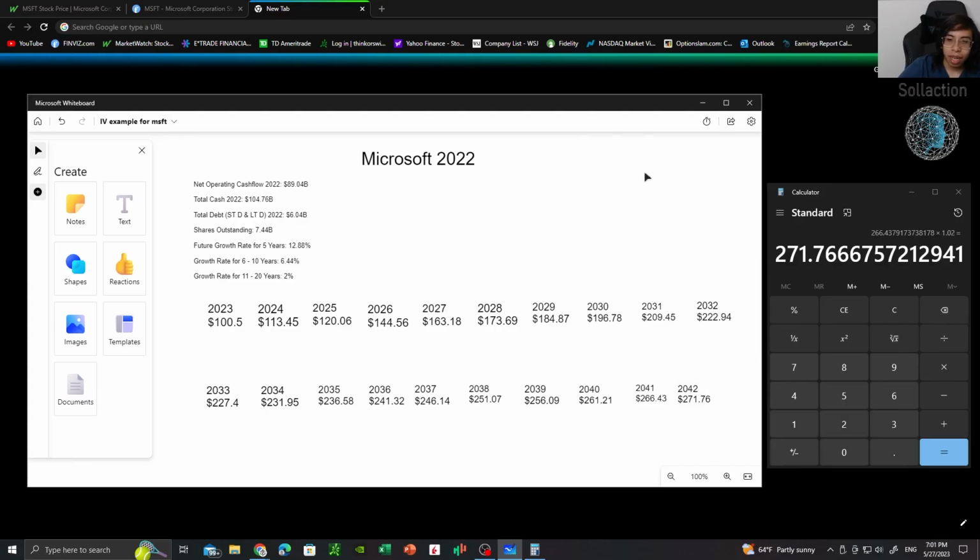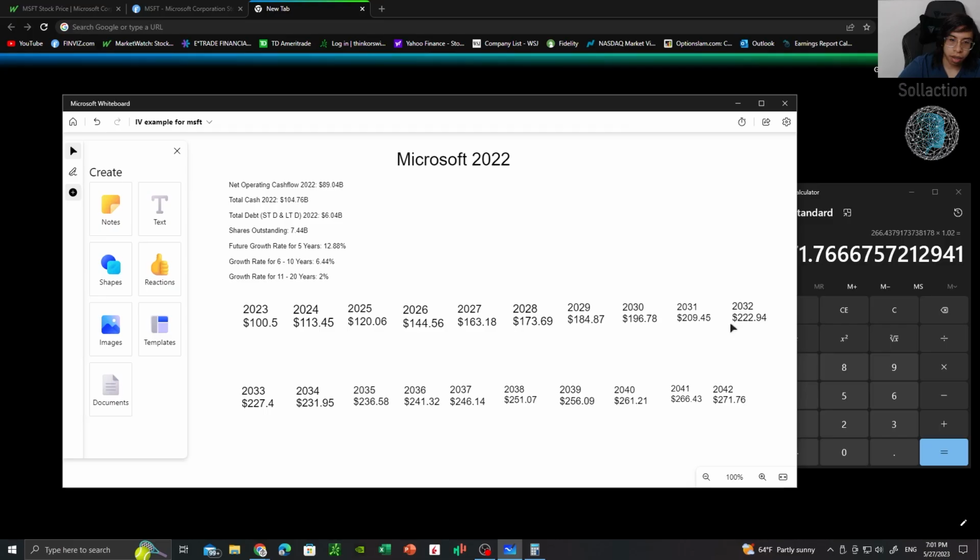Okay, so you might be saying, what the hell is he doing? What's the point of all this? You will see. When you sum up all these totals, you're going to get the full valuation of what this company will be worth in 20 years because of what it's producing. So what we're going to pay now is what it will produce in 20 years. That's the whole point of intrinsic value. 20-year operating cash flow valuation